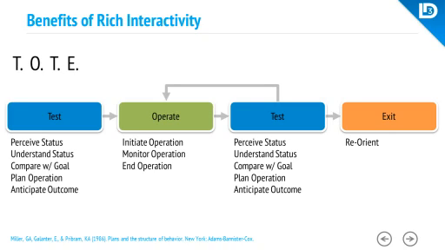Test means that at the beginning, when I'm exposed to a UI, I have to assess my situation. It's exactly the same as this guy on the planet who talks with this alien and doesn't know where and why he ended up. So the test here at the beginning is I need to perceive my status. I need to get an orientation. So where am I in this application? Am I on a start screen? Am I on some detail screen already? The same thing we could translate onto a website. If I had Googled for some search string and Google brings me right into a website, not on the start screen, but on some detail screen, where am I?